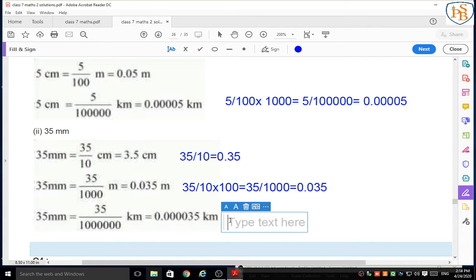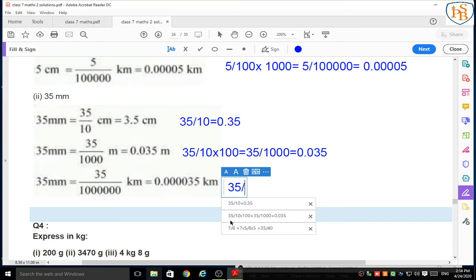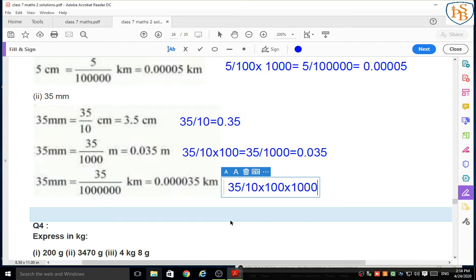The first place is 0 and then 35. Now we have to convert millimeter into kilometer. So again millimeter to centimeter, into 10, centimeter to meter, into 100, and meter to kilometer, into 1000. So it will be 35 upon, how many zeros will be there? 6 zeros: 1, 2, 3, 4, 5, 6. How many digits should be after 0? Already 35 is there, so we have to write here 4 zeros: 1, 2, 3, 4, and then 35, that makes 5, 6.